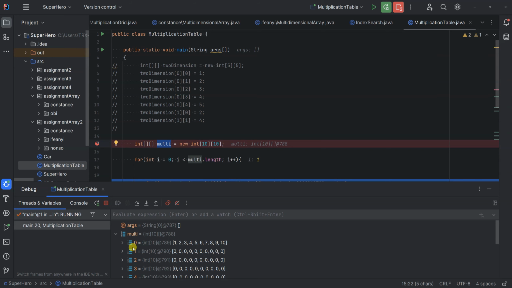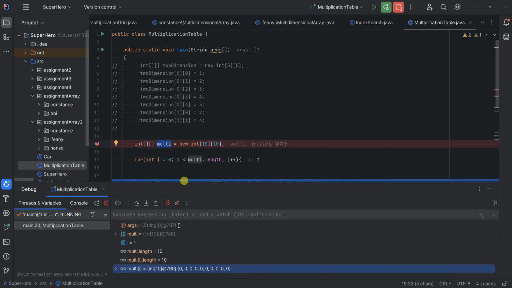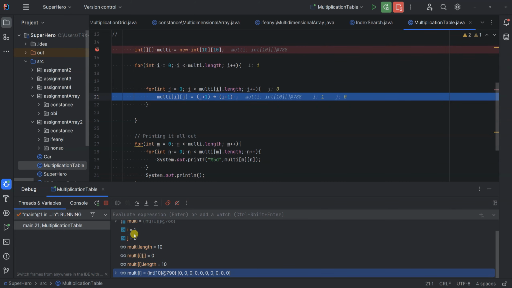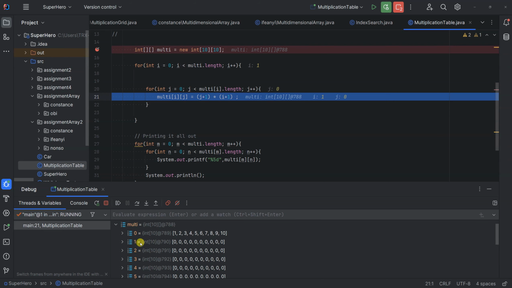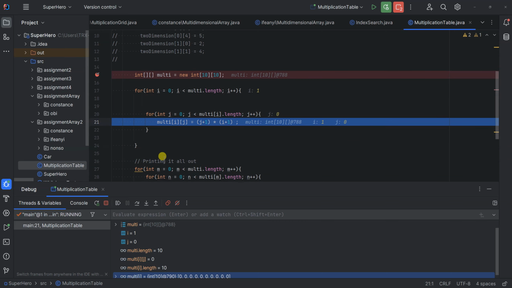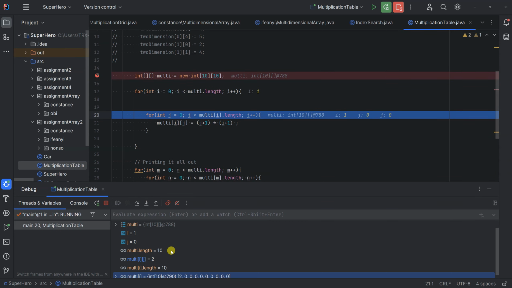Let's start filling it in. So you do the same thing. It shows you where you are. I is 1, J is 0, which is on this position. If you open up multi-2, you see you are in 1 and 0 because we want to fill this in. So now we start looping again. You just look at what's happening here. It starts to put it